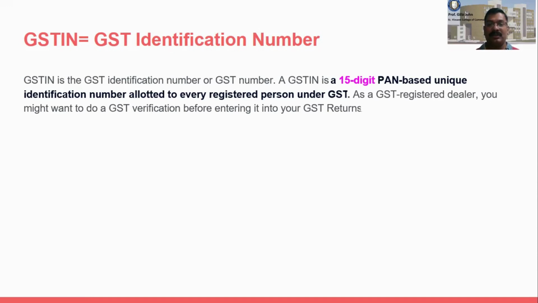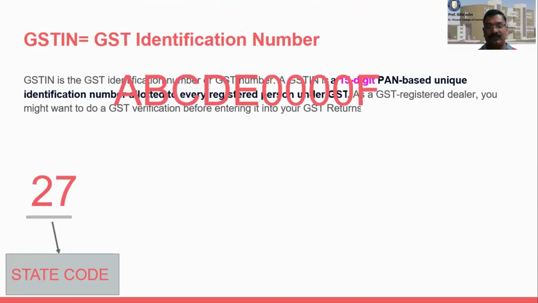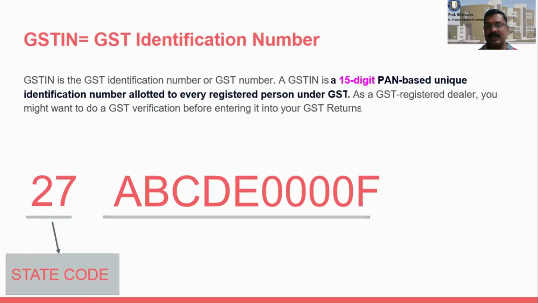As a GST registered dealer, you might want to do a GST verification before entering into your GST returns. Now, what does it consist of? The 15 digits consist of